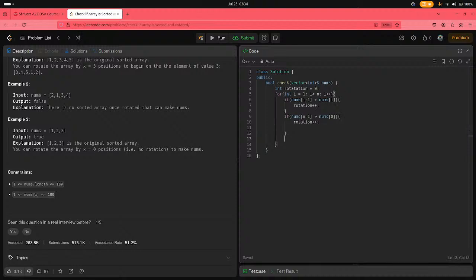Now if rotation is greater than 0, greater than or equal to 1, return